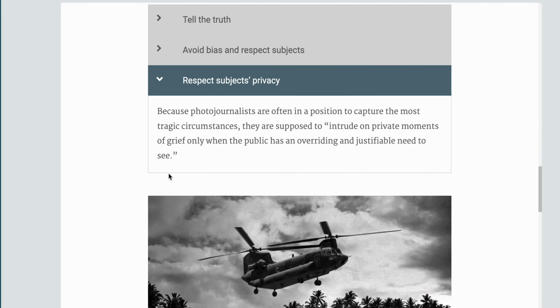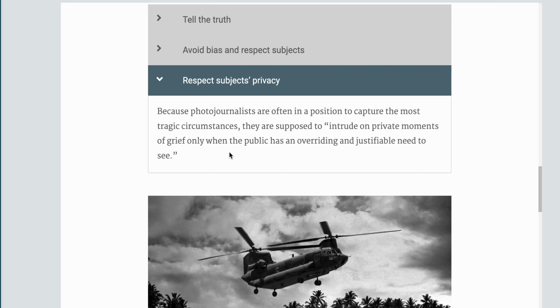Here, number 3, this is the main difference between the ethics of journalism and the ethics of photojournalism. In photojournalism, you need to respect subjects' privacy, because photojournalists are often in a position to capture the most tragic circumstances. They are supposed to intrude on private moments of grief only when the public has an overriding and justifiable need to see. So, of course, they might take pictures that would show people in their